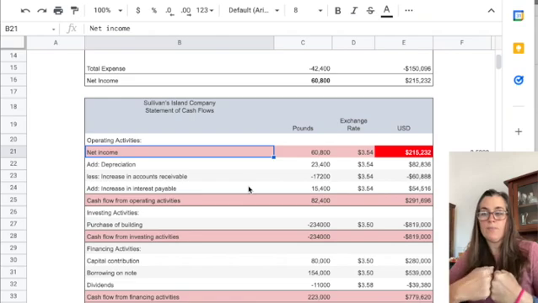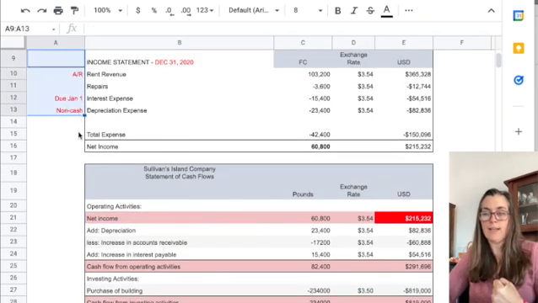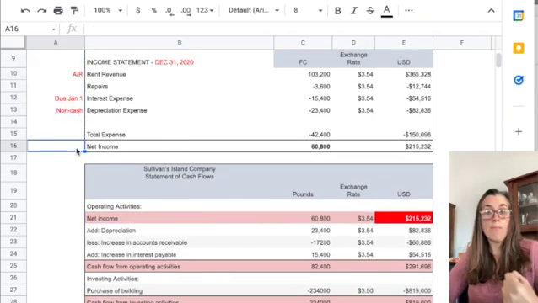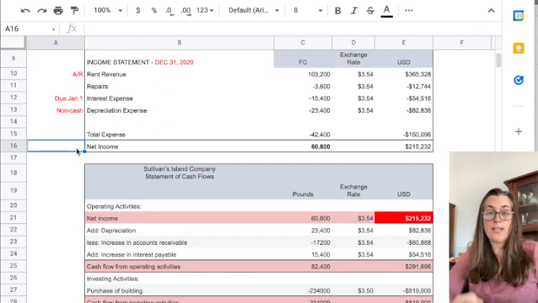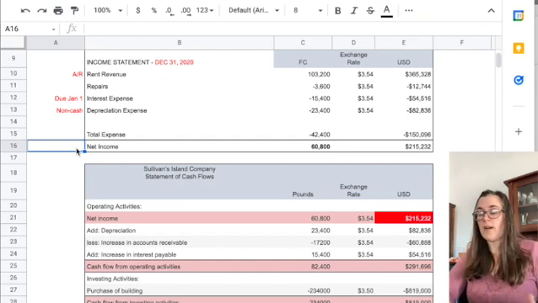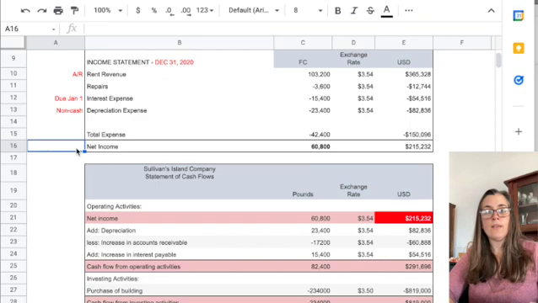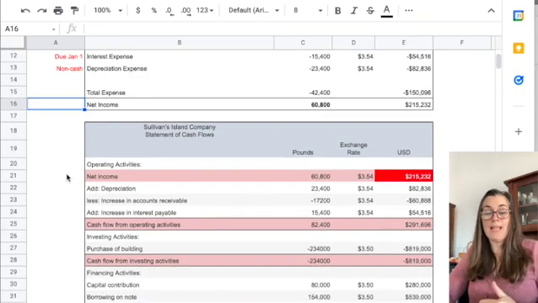Because income, we just looked at this up above, right? Net income does include a mixture of accrued and incurred items that may be non-cash. We learned about this at the very start of Principles 1. You recognize revenue when it's earned. It doesn't matter if you get cash or not. If you don't get cash, then we have what's called an account receivable. Regardless, it's revenue. So that's what's happening up on the income statement, but down on the cash flow statement,